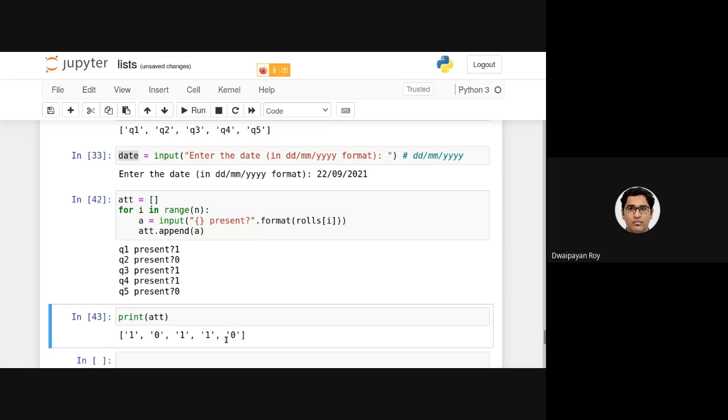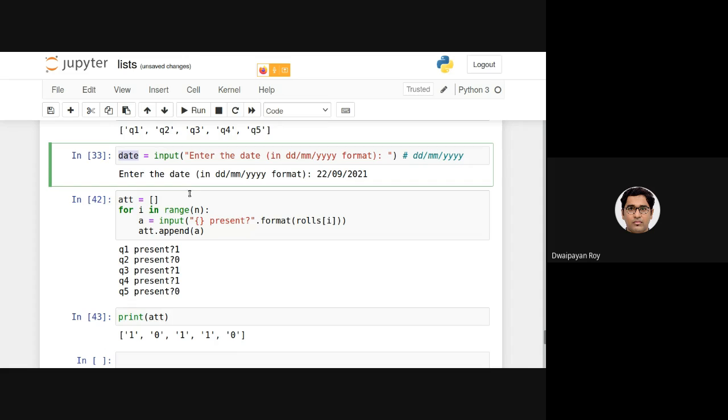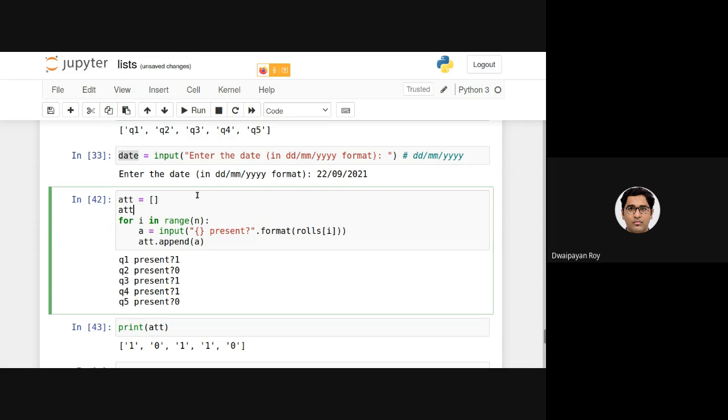Together with this, we need to store the date as well. So we can actually put the date here as well. Basically the first value will be the date that we are storing here. A simple way is using the append here as well, append date.